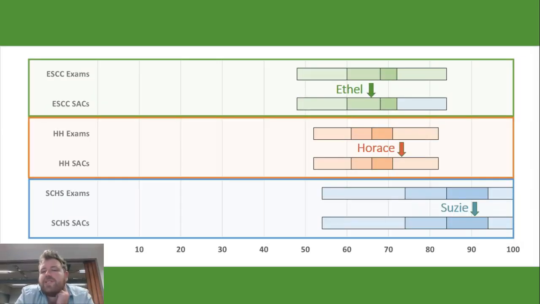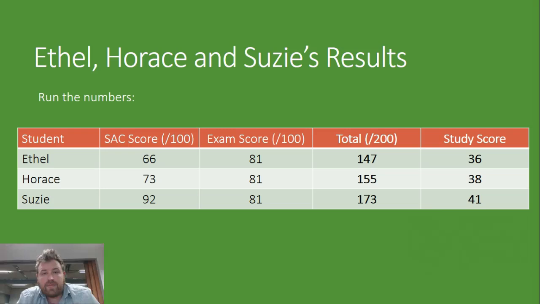So this is the final distribution we ended up with. And it turns out that Susie has actually done much better than Ethel and Horace. And obviously I've rigged the numbers so the Suzanne Corey student comes out on top here. But you can see that even though she didn't get the highest raw mark, nor was she the highest relative position within her cohort, what this system does is it simultaneously adjusts for how difficult your SACs were and also how strong your cohort of students that you're competing against is. And that's the purpose of statistical moderation.